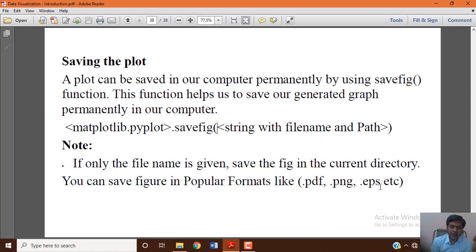A PDF format image can be saved, or a PNG format image, or EPS. There are other extensions also specified in Python programming, and like this there are some other supporting formats available. So like this, you can customize your plot with labels, the title of your plot, xticks and limits of your plot, and legends with different colors. By default we choose different colors. If you want, yes, you can use your own colors by using the property of legend.